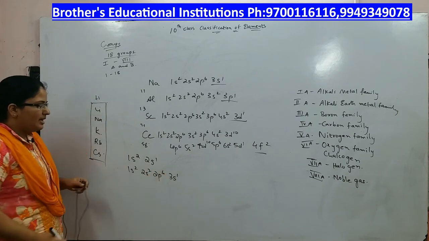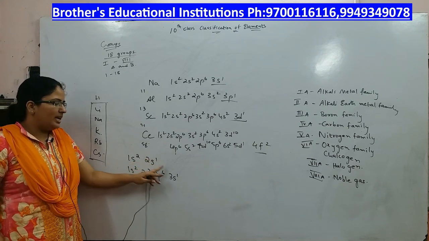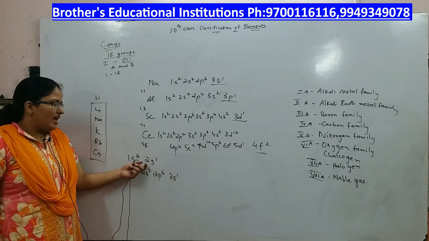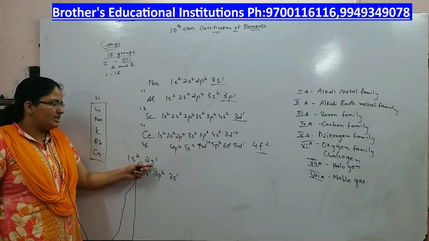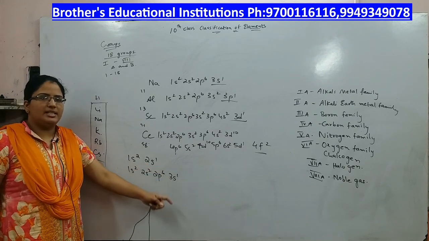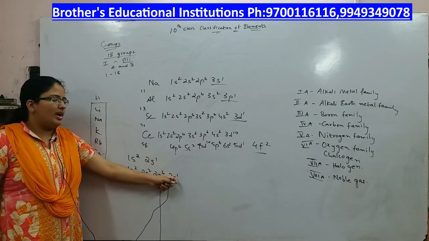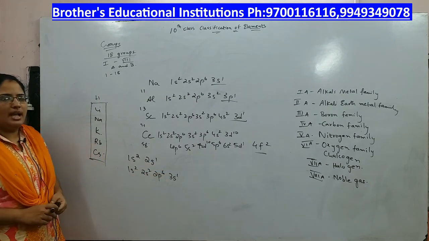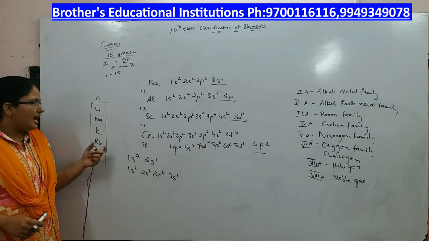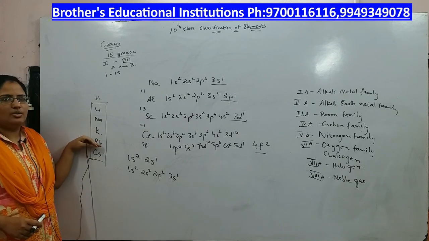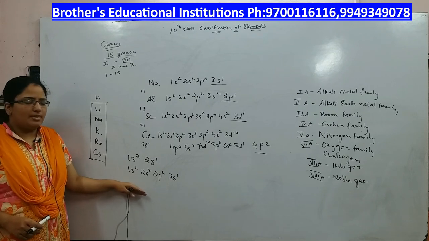So here, if you see the electronic configuration, in the outer shell it has got one electron, and moreover every time a new level is being added. Here you have 2s, next you will have 3s, for the next element you have 4s, for the next element you have 5s, like that, having only one electron. Because they have similar electronic configuration, their properties are the same, and every time a new shell will be added to the elements as you write the electronic configuration.